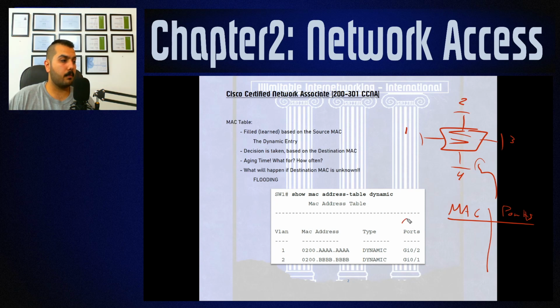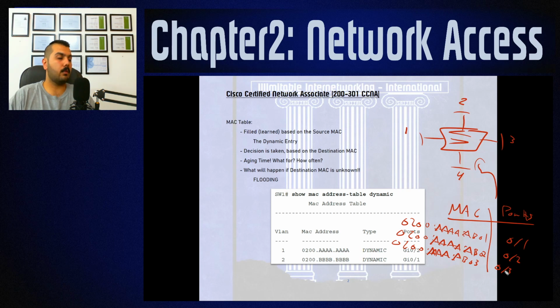So what I have is maybe 0200:AA:AB01, which is on port 01 that leads to PC number 1, 0200, I'm sorry, AA:AB02 for port number 2, and finally 0200:4A:AB03 for port 03. For port number 4, this is a recently established or connected computer to the network, to